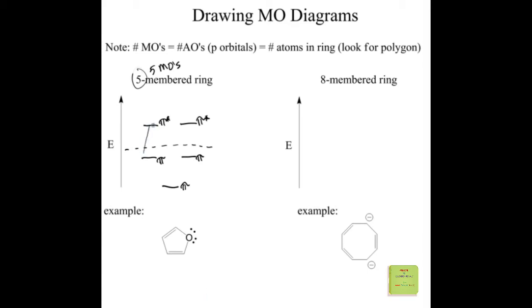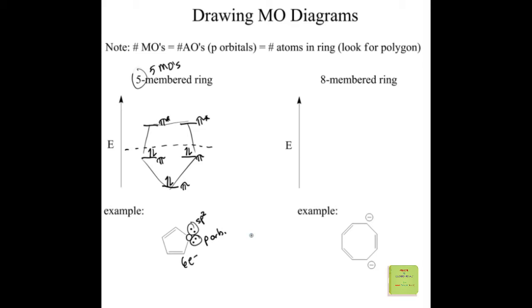I've drawn my polygon. I have my 5 MOs. So this is a good MO diagram for furan, a 5-membered ring. How many electrons? 2, 4, 6. This has 6 electrons. Remember, we're just counting one of these pairs because they're in the p orbital, and the other pair is in an sp2 orbital, so we don't count those. So we have 2, 4, 6 electrons. Where do we put them? 2, 4, 6. So just like benzene, it has 3 bonding molecular orbitals, so 6 is something that imparts aromatic